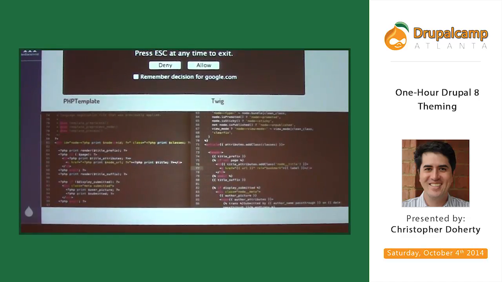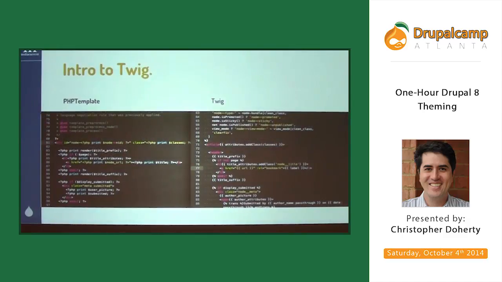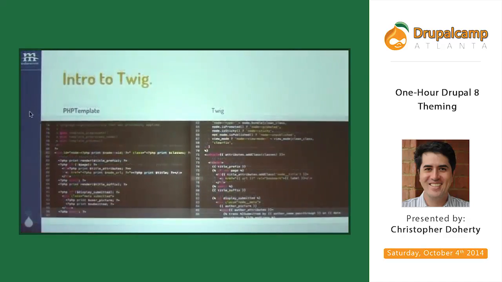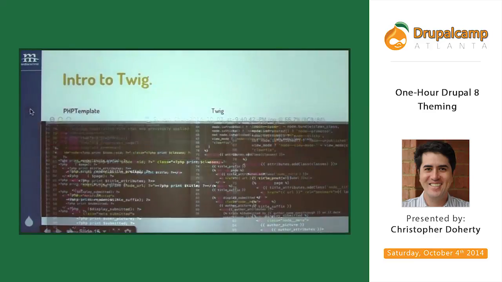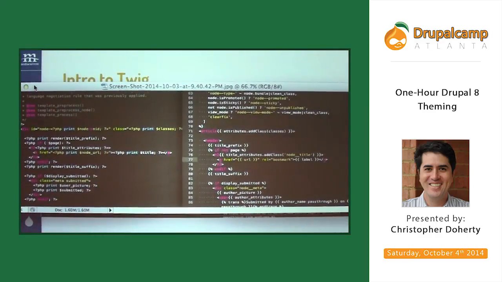Sorry, this is really disorienting working on two screens. Maybe I have to escape out of this so I can zoom in. Is this bigger or is that?